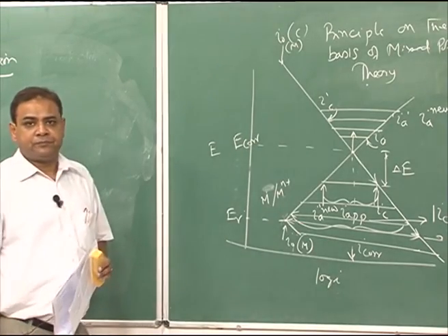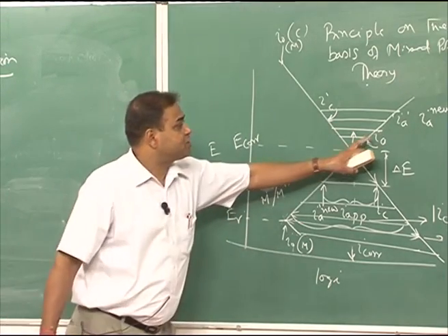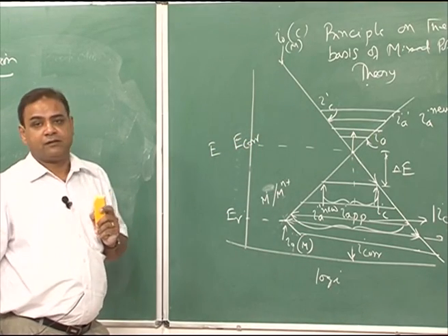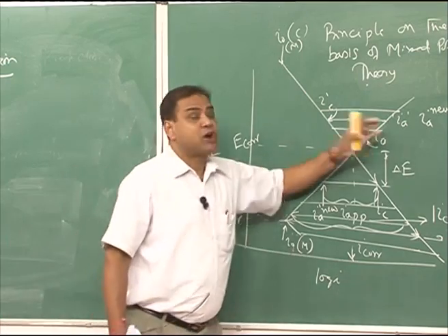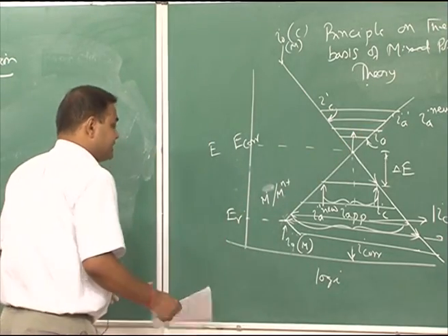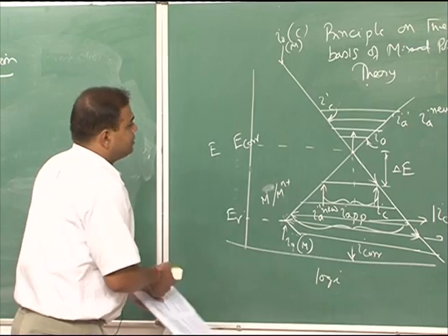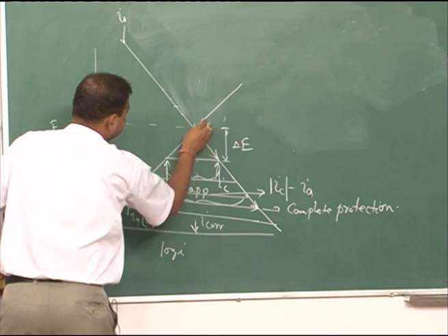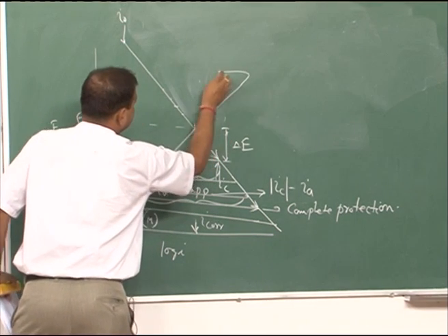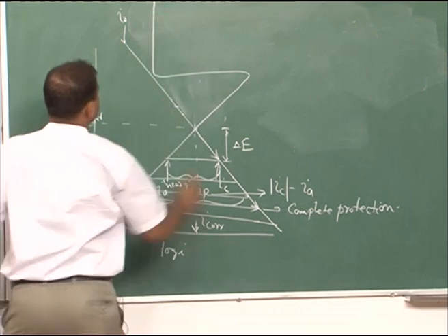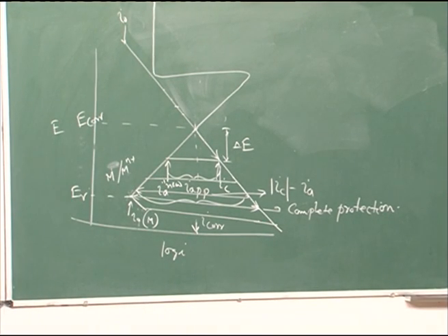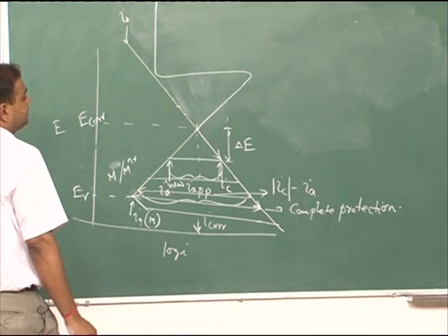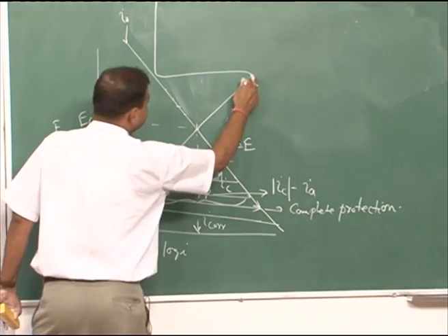Now, if instead of active, it is a passive metal or active passive metal, then what would happen? Okay, let us get into that part. We will modify this figure a bit. If this is active passive, let us say it is like this. We know that for an active passive metal, if we go towards the anodic polarization side, the active passive metal after reaching